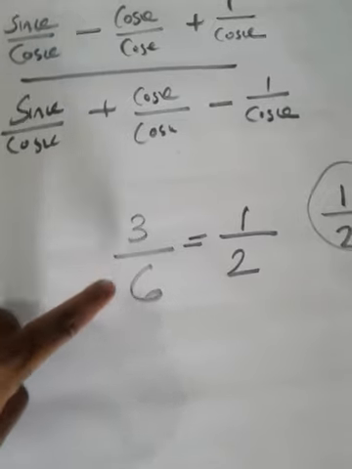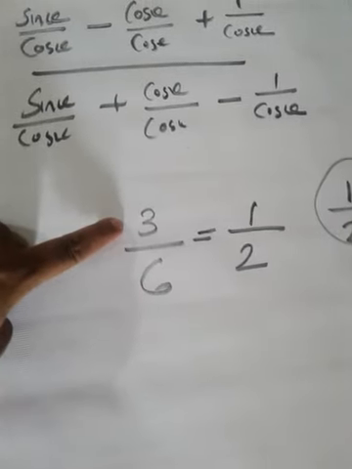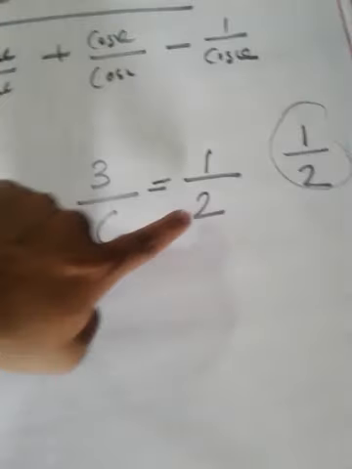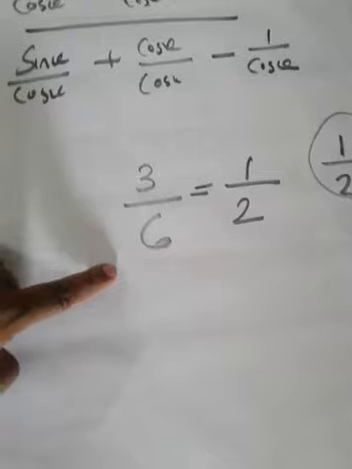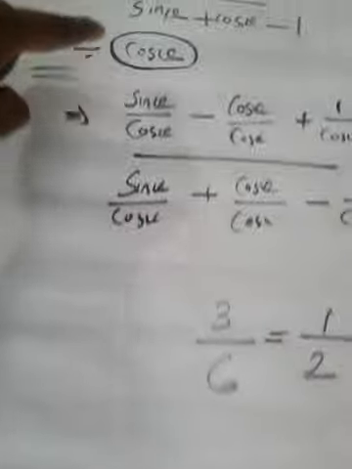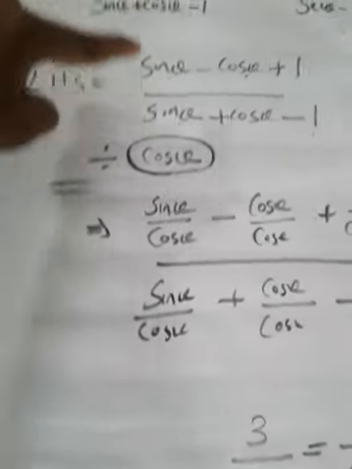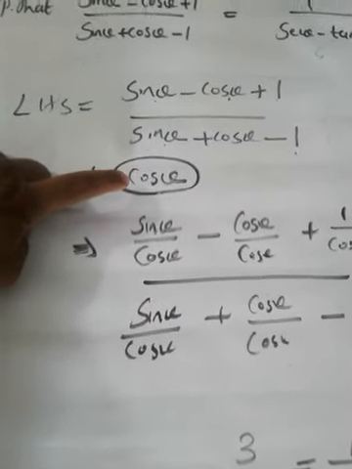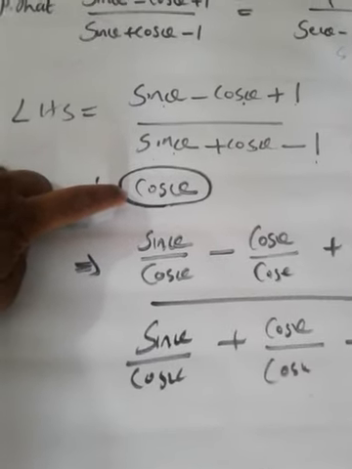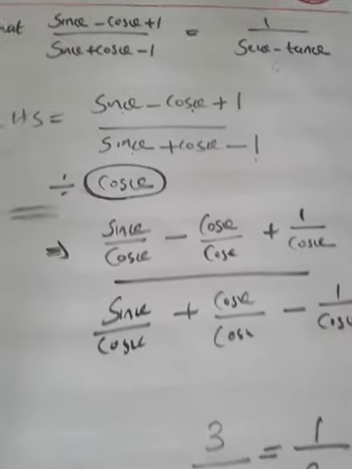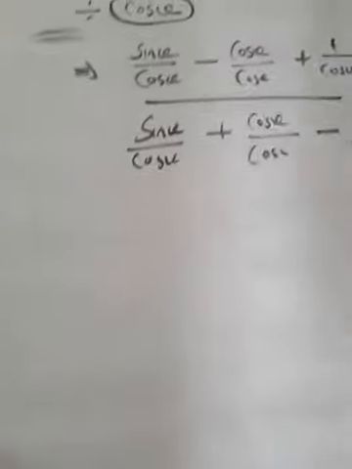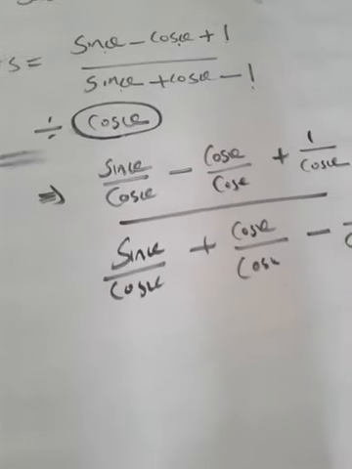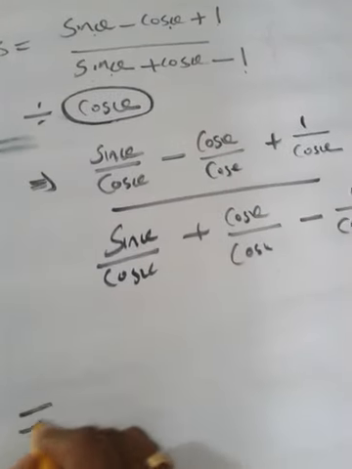If you divide numerator and denominator with the same number, here I divided numerator and denominator by 3. When you divide 3 by 3, we will get 1. When you divide 6 by 3, we will get 2. If you divide both with the same number, no problem. It will not spoil. In the same way, you must divide both numerator and denominator with the same ratio, cos theta. And here we have to use cos theta itself. You may ask why. So I will give you the reason. You may ask why we are dividing by cos theta only throughout. See, in the very next step we will understand why.